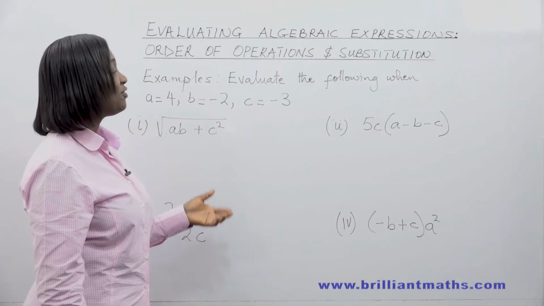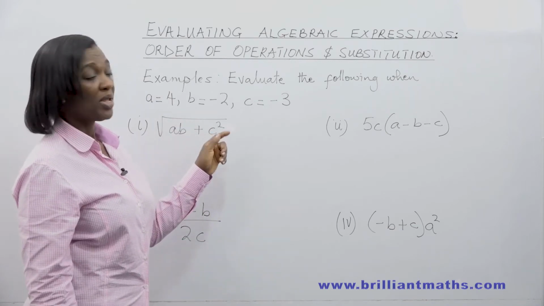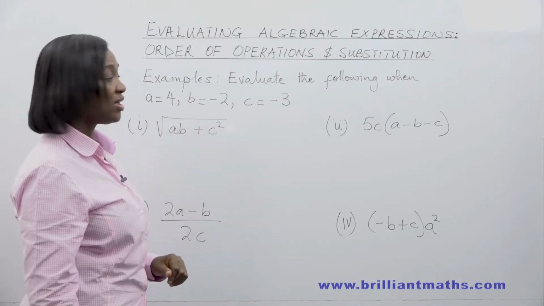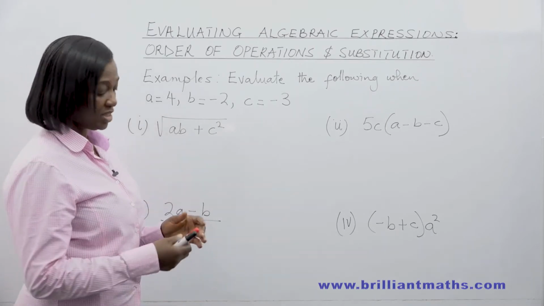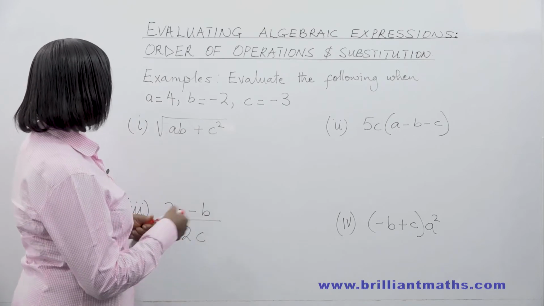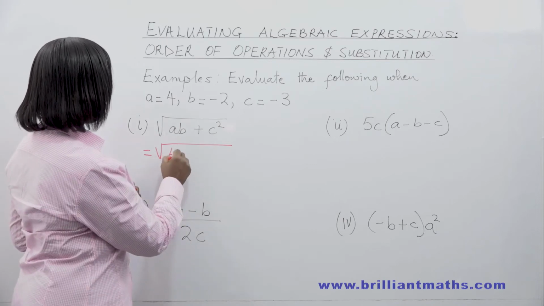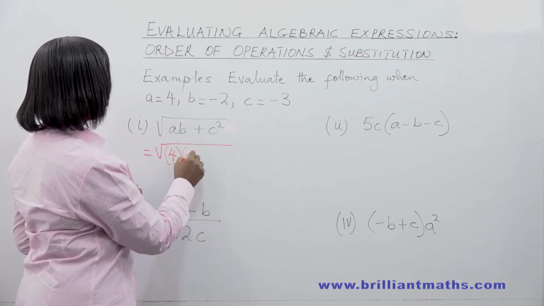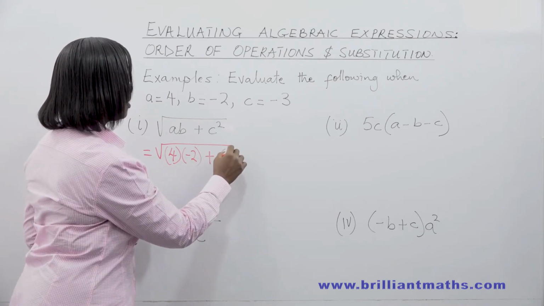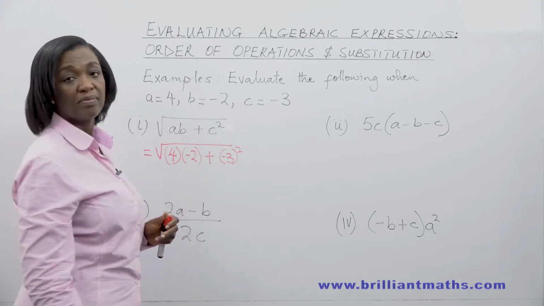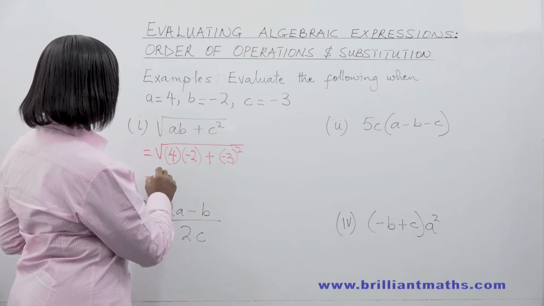We want to evaluate the following algebraic expressions when a is 4, b is minus 2, and c is minus 3. The first one is the square root of ab plus c squared. A is 4. So we have 4 times minus 2 plus minus 3 squared. And this will give us